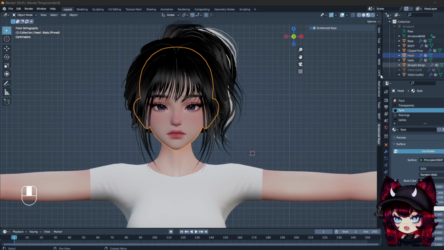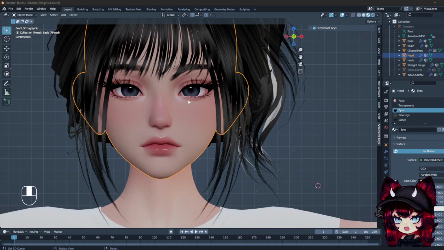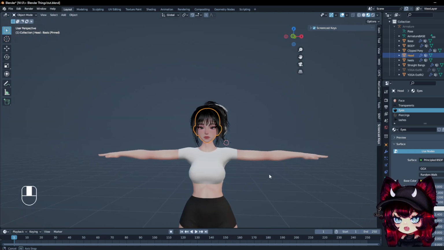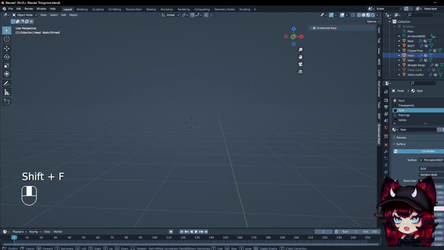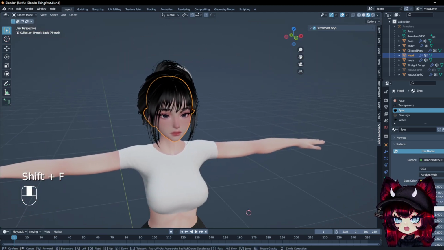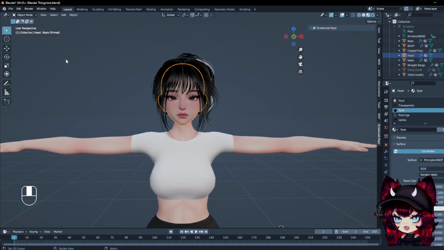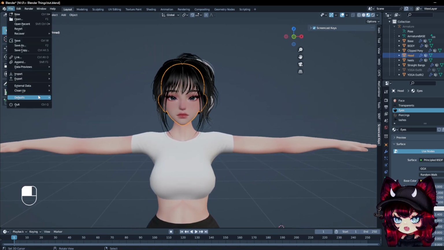Today we're going to talk specifically about the eye texture on your model. I'm currently in numpad view, and you could do Shift F to fly around depending on your Blender version. I use an older Blender with the preferences set to